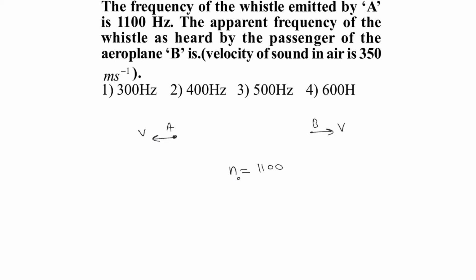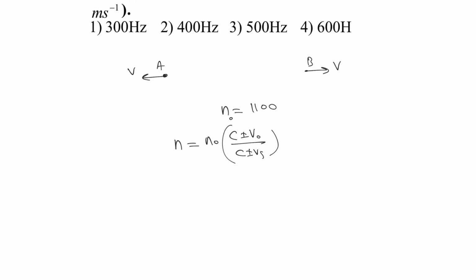So if you are using the equation, that is apparent frequency is equal to actual frequency into c plus or minus velocity of observer divided by c plus or minus velocity of source. We can write n is equal to 1100 into c, which is given as 350. As the observer is moving away from the source, frequency should decrease, so we can write minus, and its velocity is given as 720